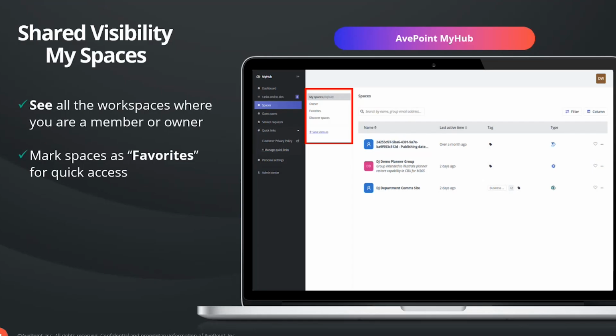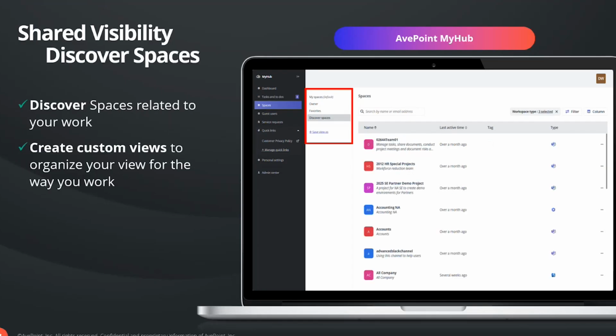Mark your favorites. Here are the things that I often use. Here are the things that I have access to more sporadically. So you can start to organize your workspaces and know, right? If you're doing projects or interagency, you can start finding and identifying that stuff more easily. You can discover spaces that maybe you're in and you didn't know you were in. So that discover piece allows you to find things, and then you can also take these and slice and dice those views in ways that make sense for you, right? So this is a very individualized way to see all the workspaces that you have access to.